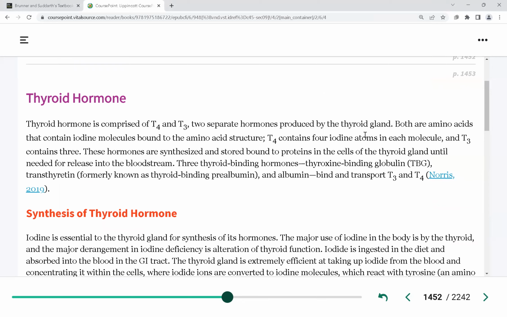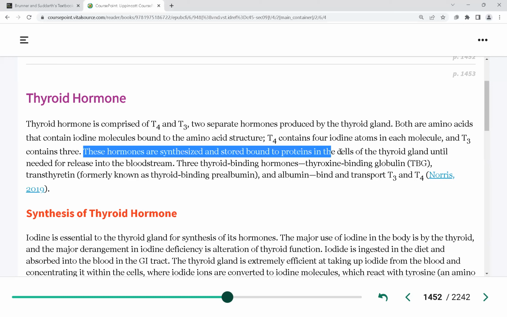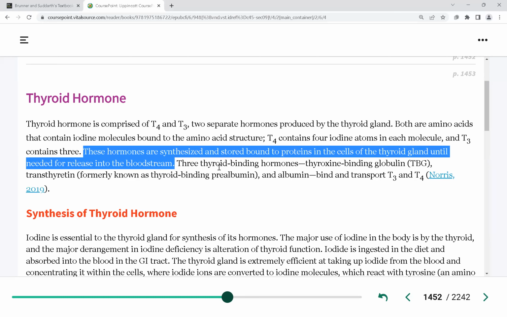Now, a few facts here will help you remember as we go with testing and applying what we know about the disorders. So take note that these are synthesized and stored in the thyroid gland. Okay, so again, are they stored in the thyroid gland? Yes or no? Yes. Okay. So at any given time, we have circulating T4 and T3. So we have a steady level of T3, T4 hormones already in the bloodstream. They are also stored in the thyroid gland, meaning it doesn't have to be made